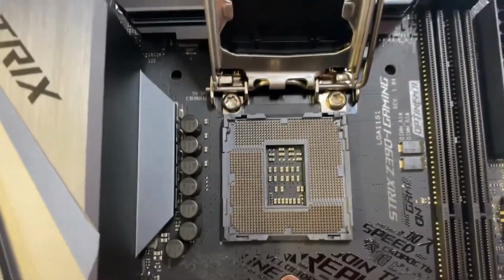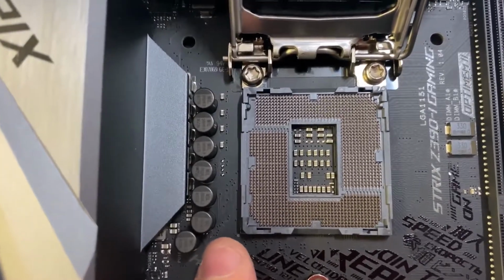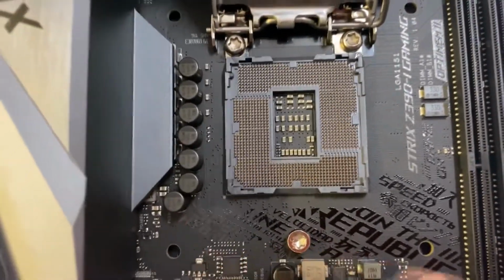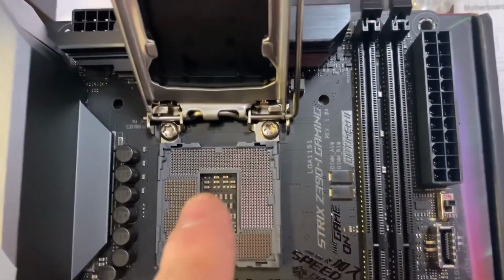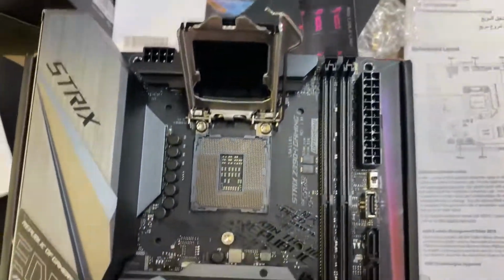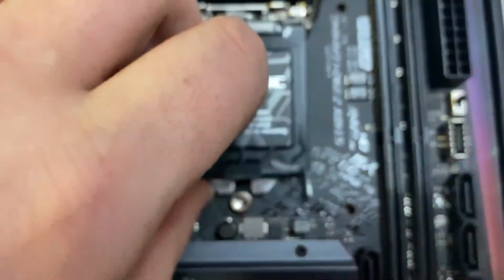Okay, so in case anybody didn't know, that is what you line up with your gold thing on the CPU. Because it's really not that obvious, and I just found it out from the diagram. I wanted to double check before I tried forcing it in. And so yes, that is where your gold tab goes on the CPU. So golden tab to that dot, and then we just